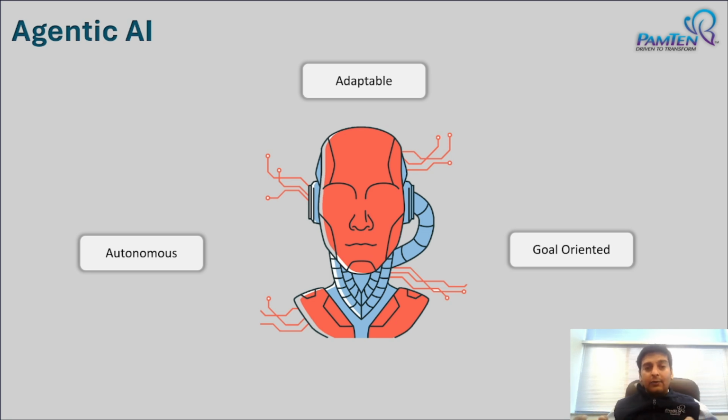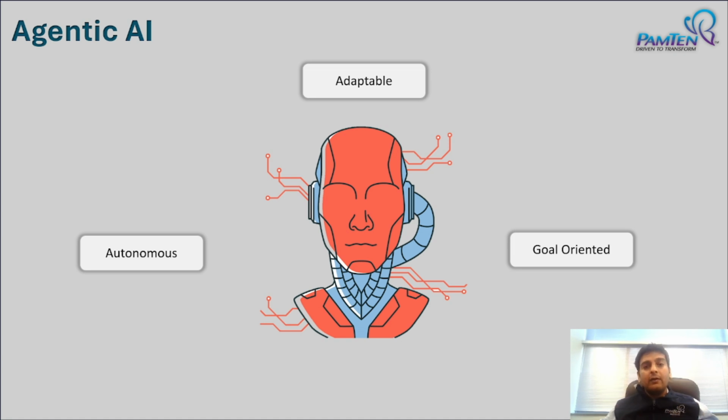Hey, since it already knows how to spread peanut butter onto the bread, it also knows how to add jelly onto the bread. It will think that, hey, I just need to get ham, I just need to get cheese, and I need to spread it. Similarly, if there's another variety of sandwich, maybe if it's a potato sandwich or a veggie sandwich, similarly, it will adapt to it and make one for you.